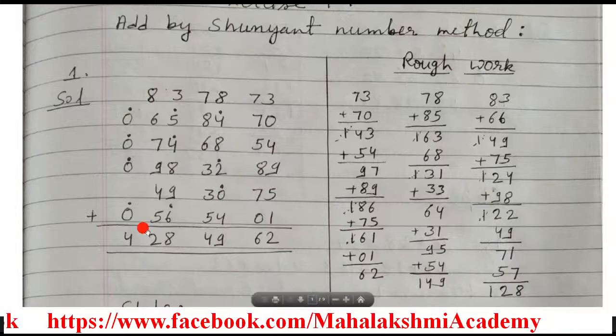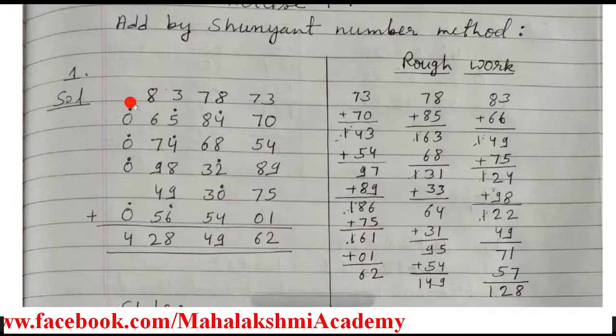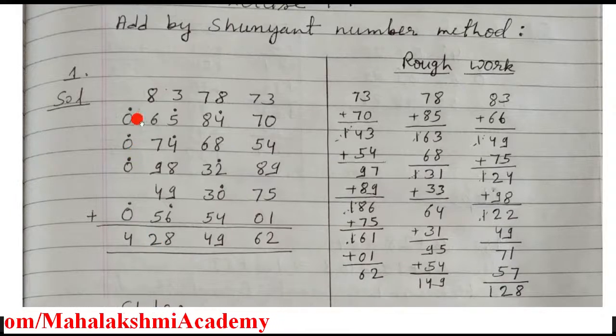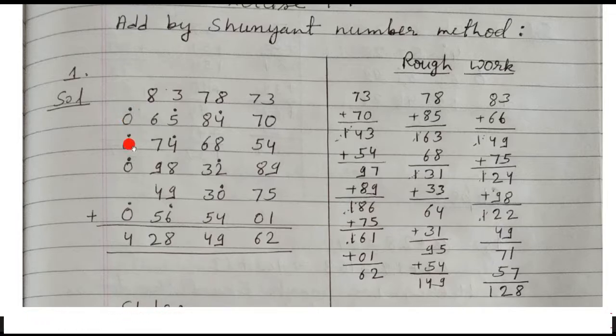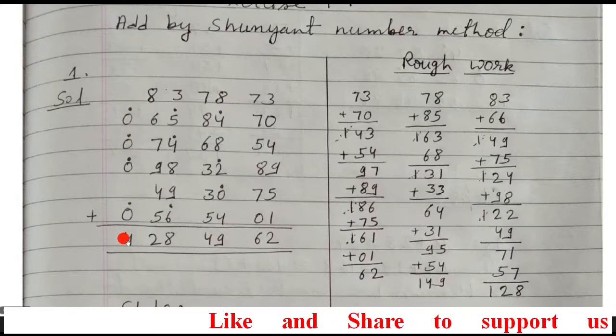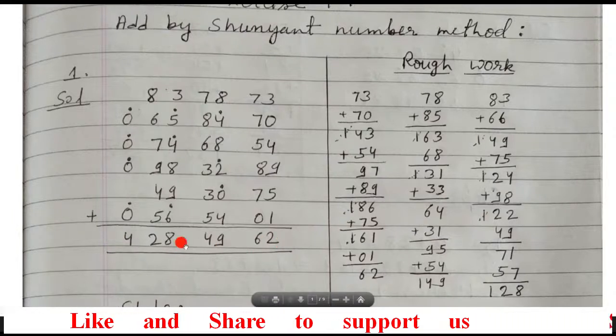So this 28 you just write here. Finally add all these ekadika dot. So this is 1, because 1 plus 0 is 1. Again 1 plus 0 is 1. So we will get here 1 plus 1 plus 1 plus 1. So answer is 4 here. So the answer is this.